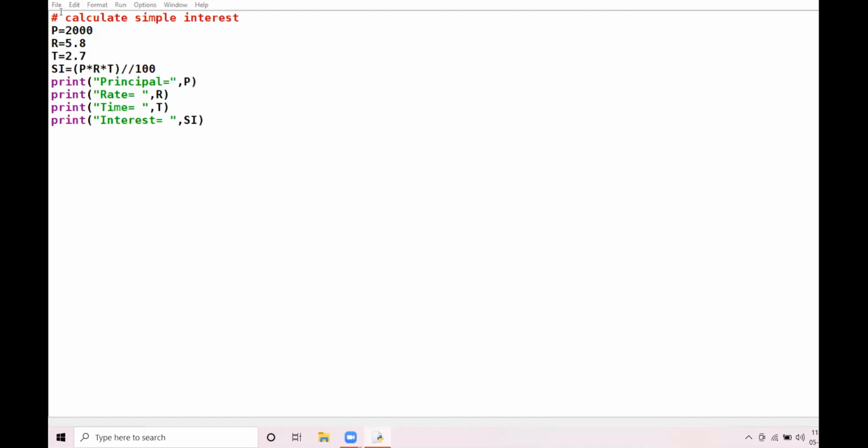Now see here. I have taken capital P over here. But while calculating, I take the small p. And while printing also, I took the small p. But while initializing, my P was capital. Okay.